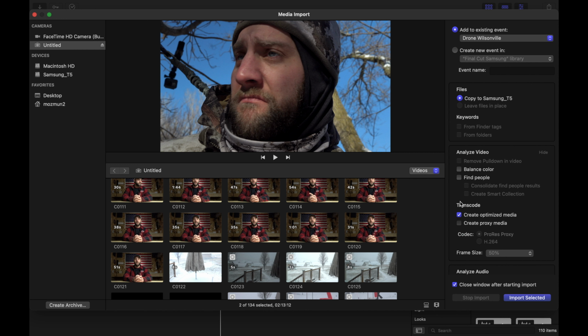Down here, where it says Transcode on the right side, this is where you're going to create your proxy file or your optimized media. So you can do no check on the optimized media or the proxy media, and it will just upload the original footage straight from your camera, which is perfectly fine. Optimized media, basically what it does is it's going to create a high quality copy for Final Cut Pro 10, which is going to make it run better in the software. So I usually go ahead and check the create optimized media, and then right down below that you have create